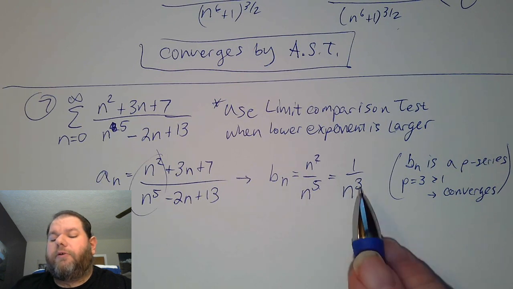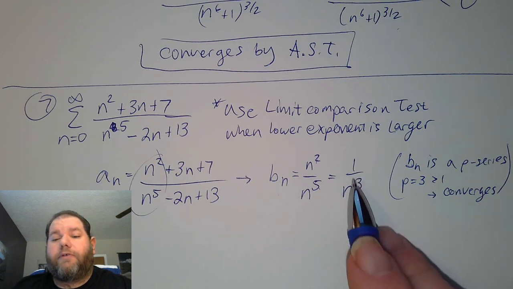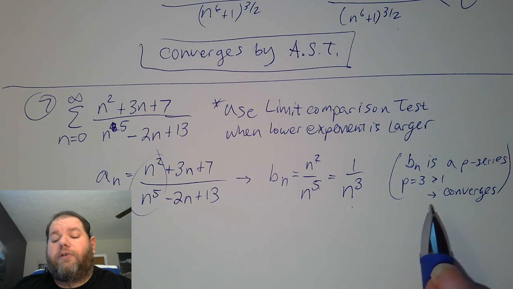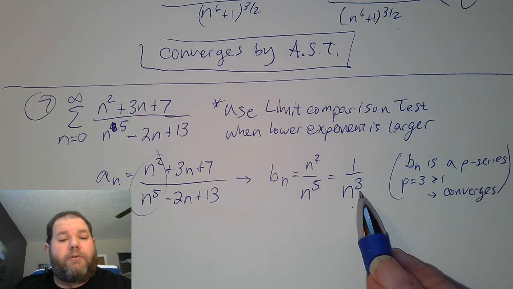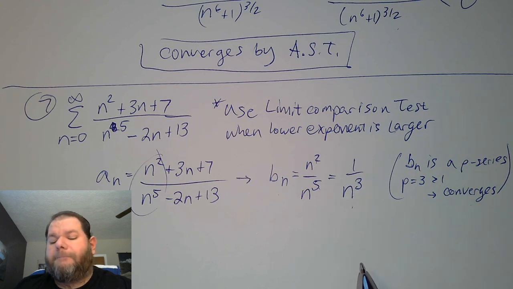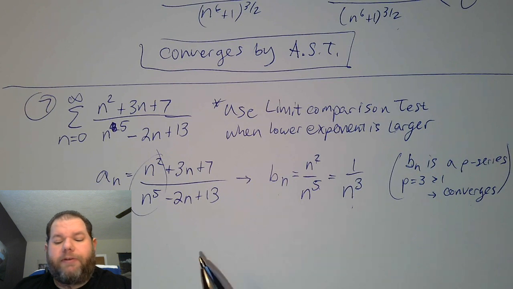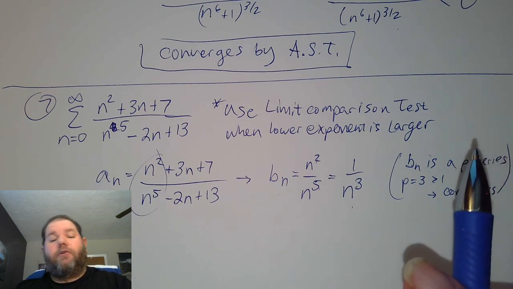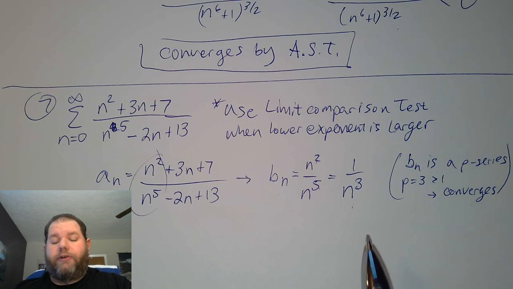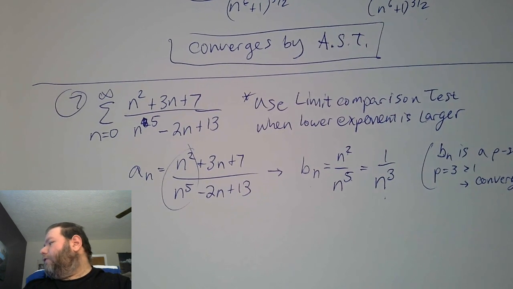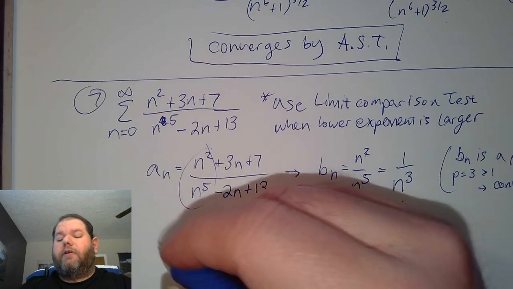So essentially we've already established b sub n is 1 over n cubed, and that it's a convergent p-series because the exponent here is bigger than 1. And that's going to inform us later on what happens to a sub n. But before we can go any further, we have to make sure the limit comparison test actually works here. And so for the limit comparison test,